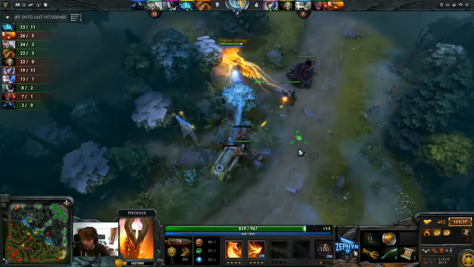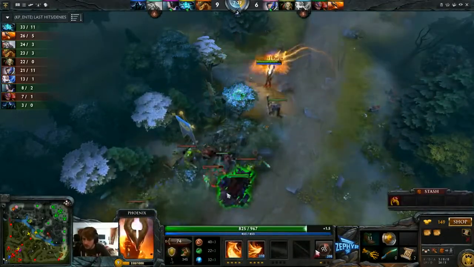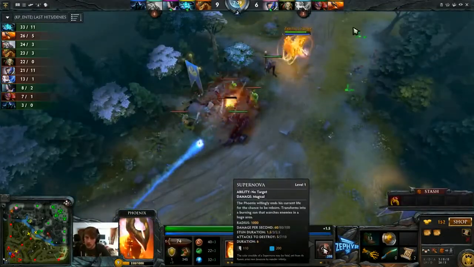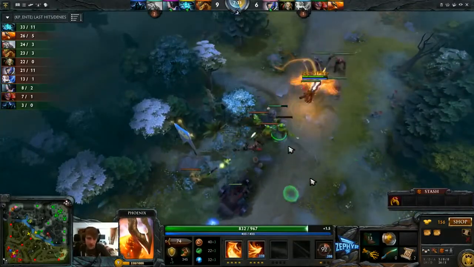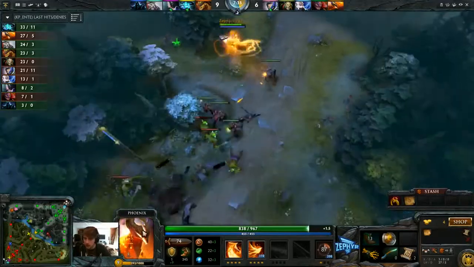It actually does a lot of damage from range. It does 60 damage per second. So if I already have the fire spirits on, even if it's only triggering for a second or two, it's definitely worth it. So I could have maybe gave some pressure to my other lanes this game instead of just going for the easy kills on the